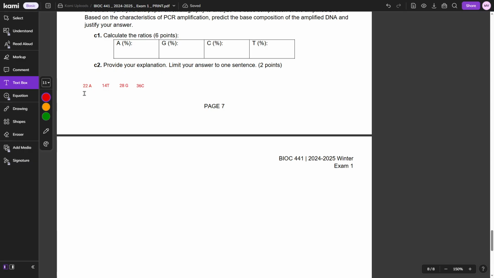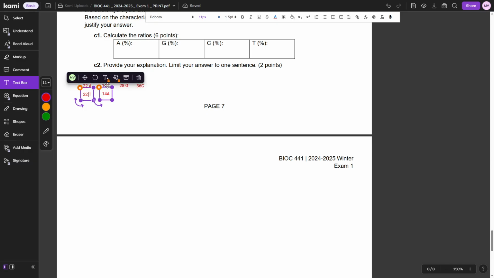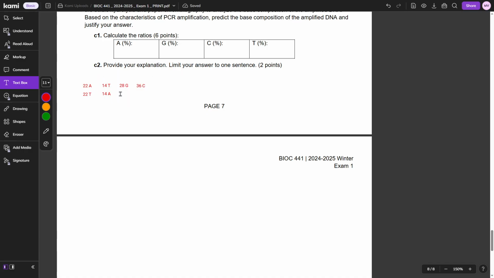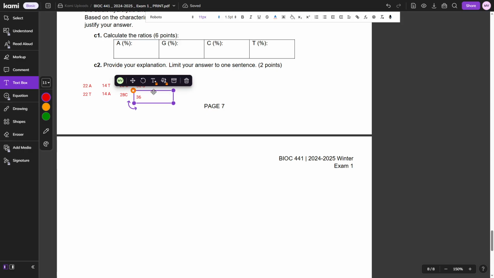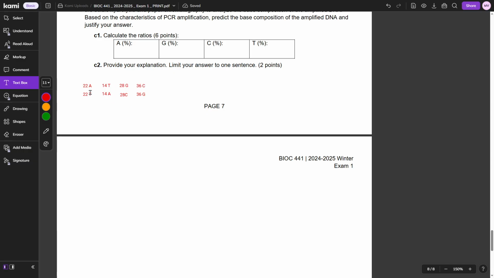So for the 22 A's, I need to have 22 T's. For the 14 T's, I need 14 A's. I didn't put any spaces between some of these. It's bugging me. For the 28 G's, I need 28 C's. And for the 36 C's, I need 36 G's. Okay, fair enough. Now all I have to do is just add these together. So let's add the A's and T's together. So this A has to go over here, the T here, this C, and then this G. Right? So now if I just add these together,